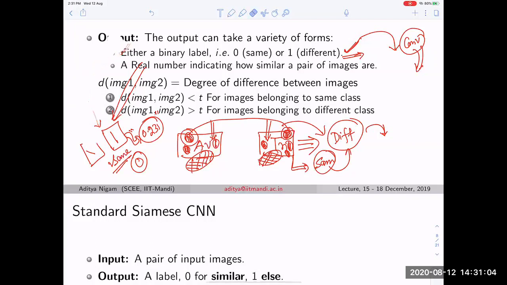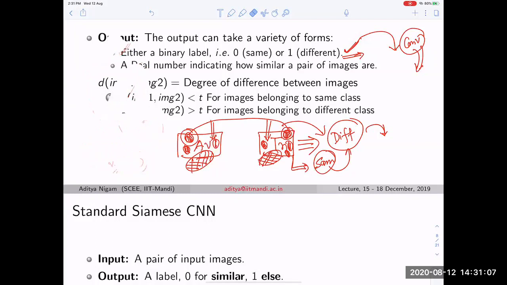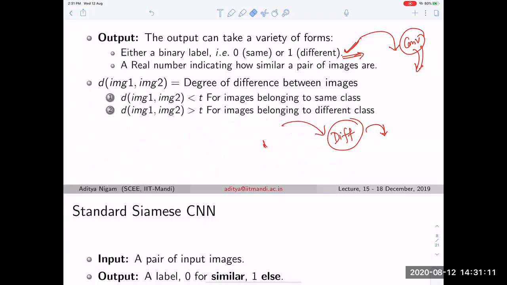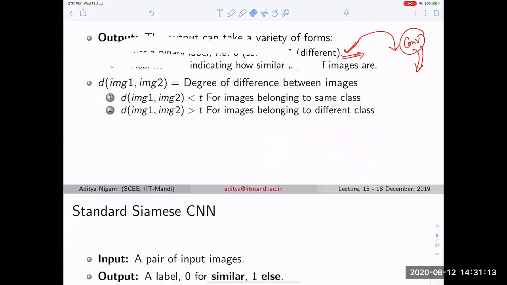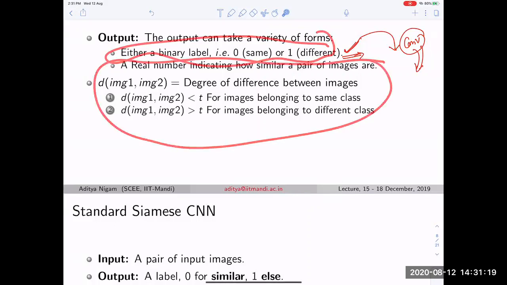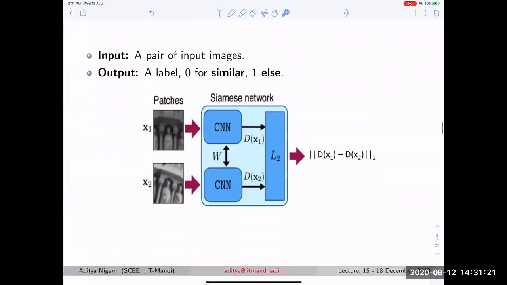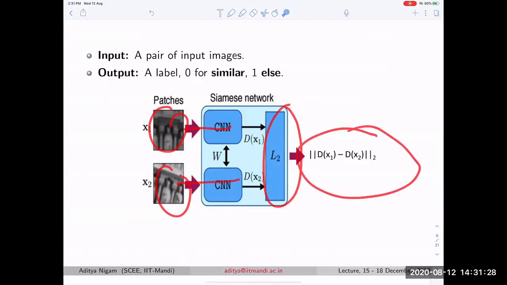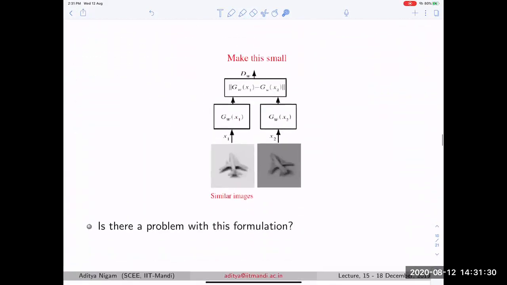So this is actually a general point that one should understand. That is why, in the case of CMEs, we do not want to come up with a network like this type of network. We actually want a network which is going to give us a single value. Now, how to train such a network where we are having multiple patches going inside the network? You are going to get this loss. Assume that's also very easy.